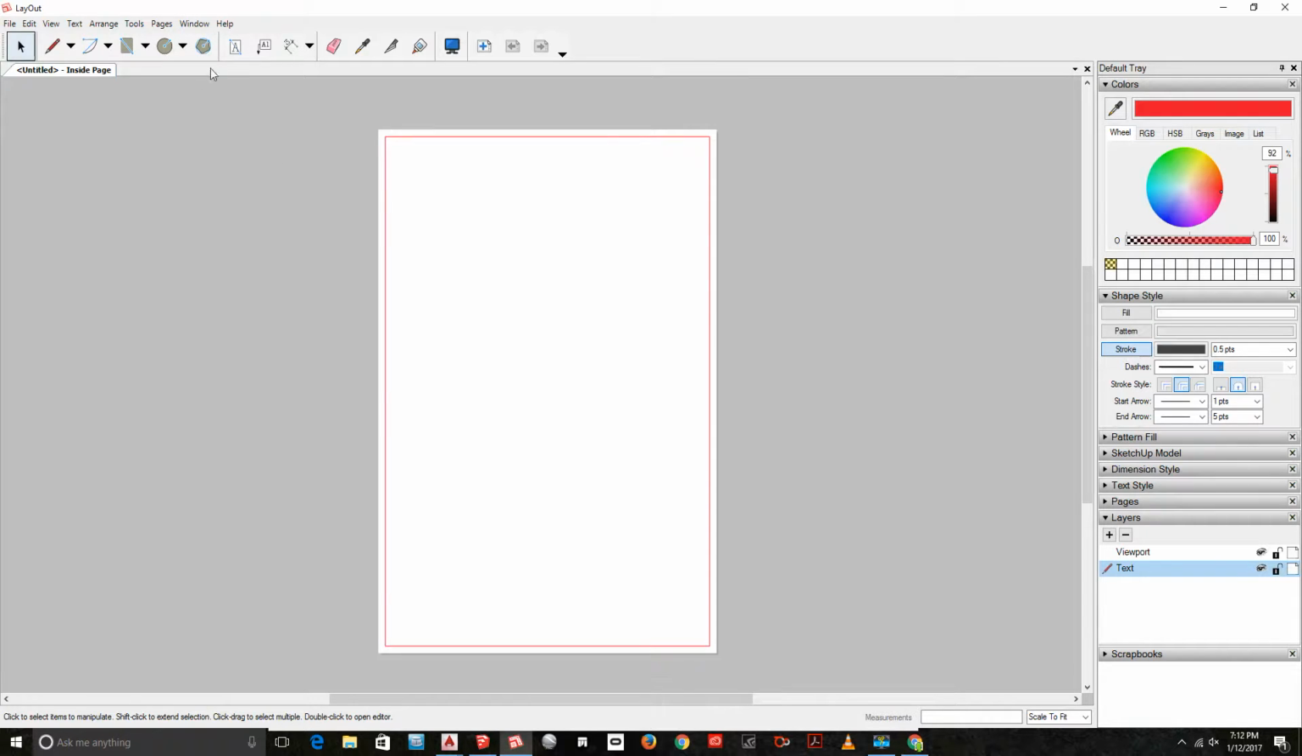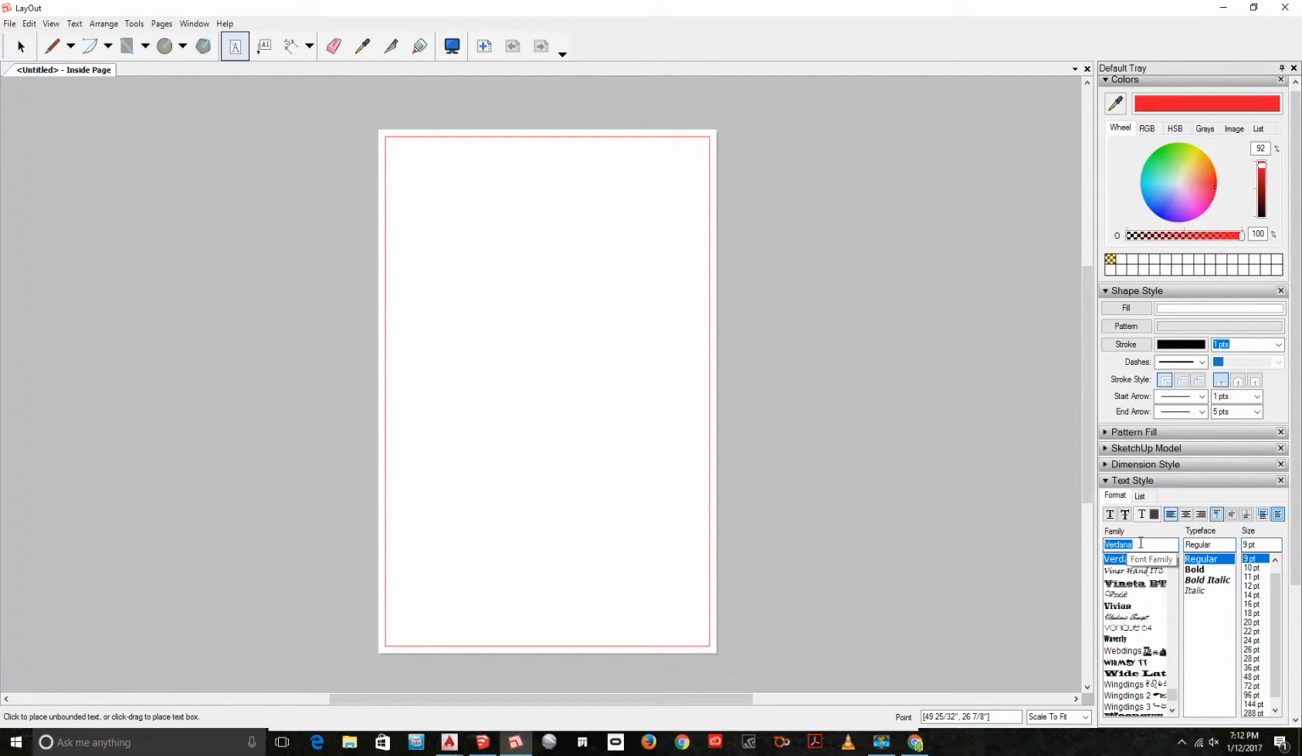So I'm on the text layer, and I'm going to grab my text tool. And before I do that, let me go to my text styles. I know it's Arial. We'll use bold for this one. And maybe, I don't know, like 100 maybe? Something like that. Okay, so now I'm going to touch the text box, and it's going to come up the appropriate size, and I'm just going to say